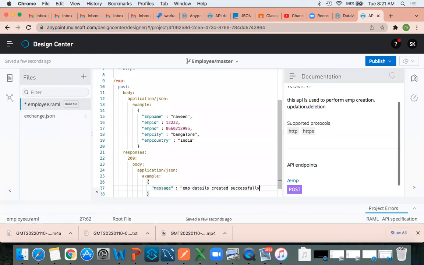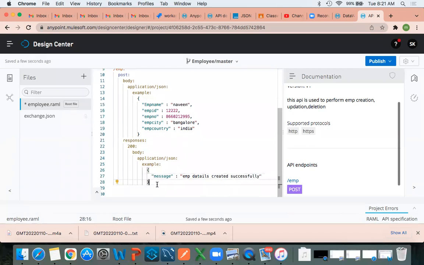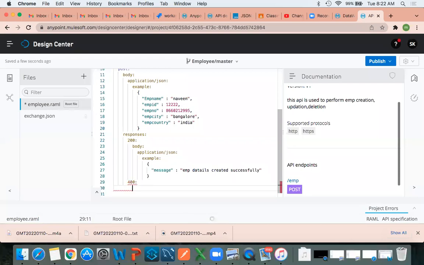Clear? This is how we can use this. Next, what is the next step? 400. Status codes. Very good. So a status code we can write like this, 400.